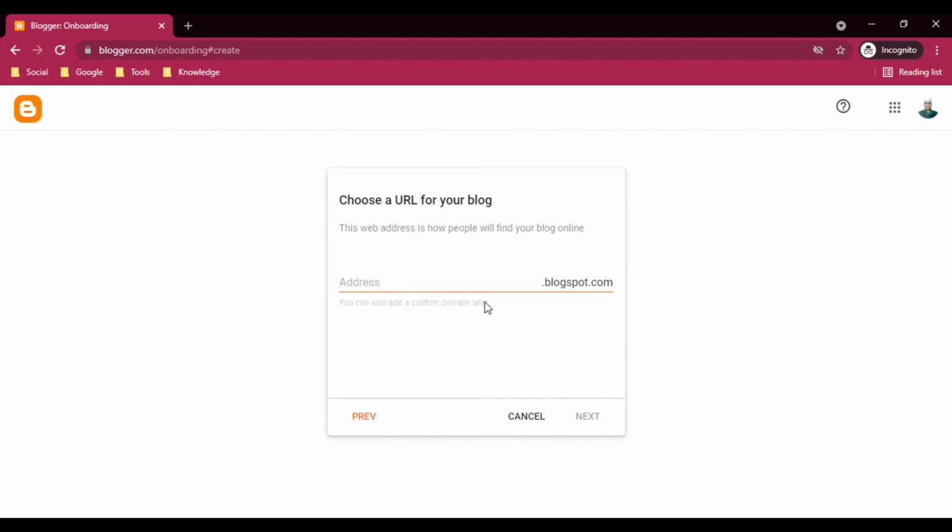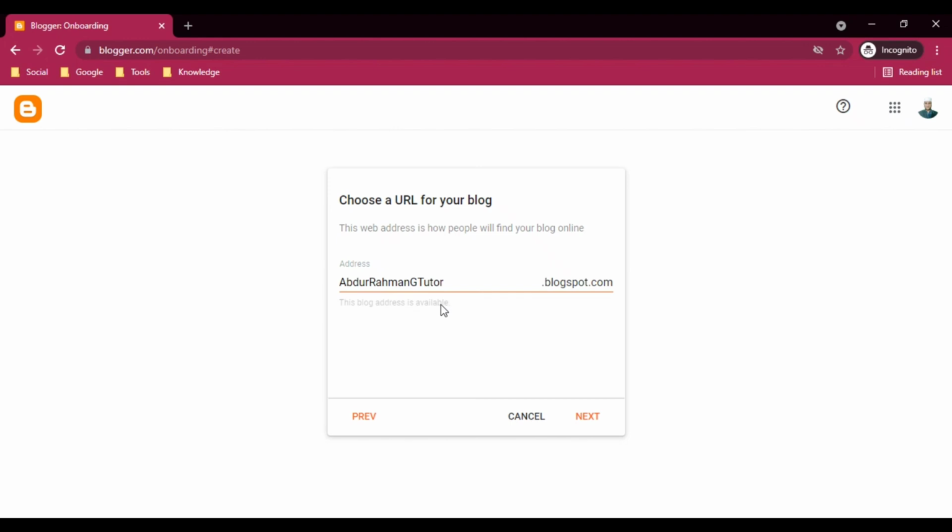After that this will ask for an address. So whatever address you want to give, just put it over here. This will be the address to visit your website. So you have to type your address, meaning your blog address. Like I type Abdur Rahman, which is not available, Abdur Rahman Ji, which is also not available. So what I'll do, I will do Abdur Rahman Ji Tutor, and then just click outside of the type box, and then you will see this blog address is available. So it means this is available, you can create using this address.